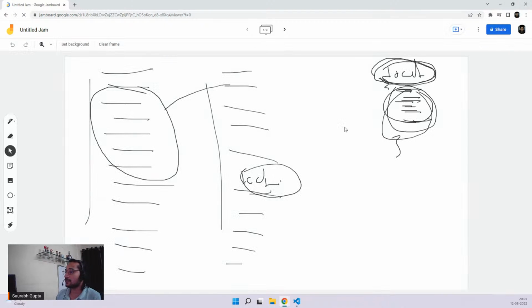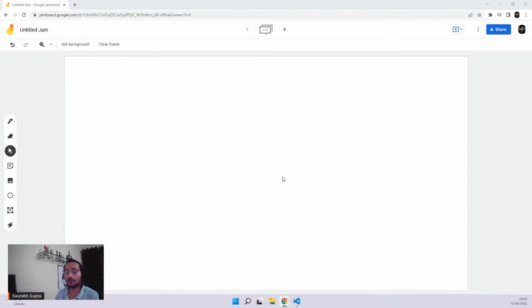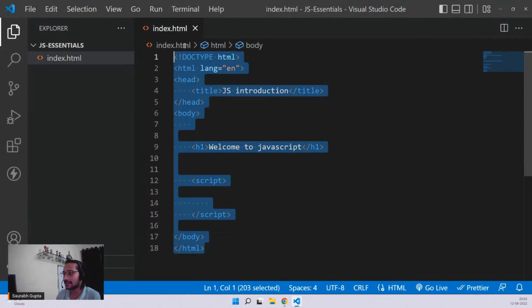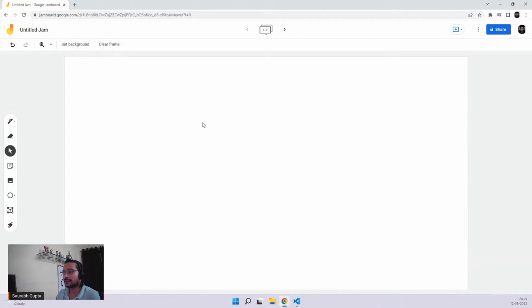I think I have deleted it, so let me clear the frame. So what was it, guys? The tree structure of your HTML document is what you call DOM. When you write your HTML code and execute it, the browser converts your HTML code into a tree structure, which actually looks like this. For example, let's say